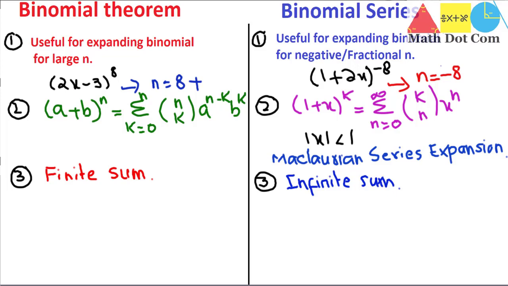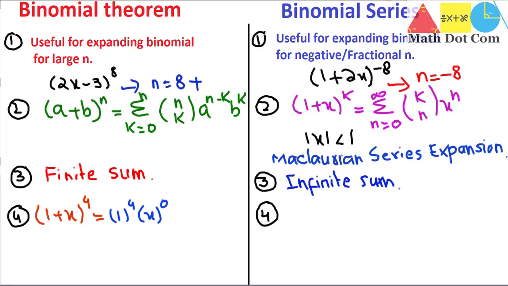Now the fourth difference is, let's apply these on examples so you can have a clear idea how you can deal with the two. So we can have an example like (1 + x)^4. We can expand this binomial expression using the binomial theorem, where we have to write the first term with the power given, that is 4, and the second term with the power 0. Then we are not writing the coefficients right now, we will get the coefficients from Pascal's triangle.